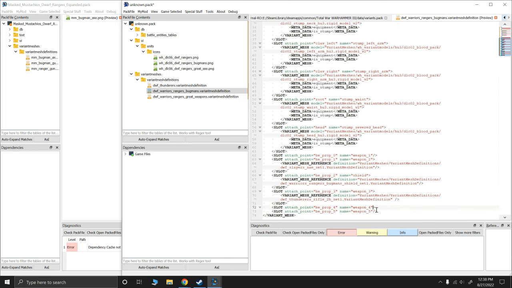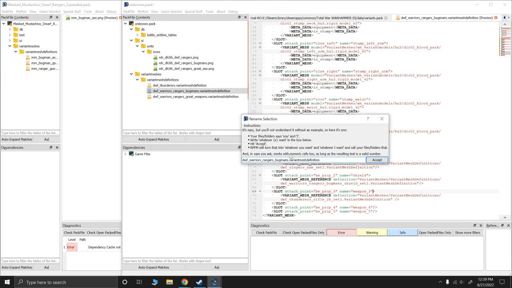And I have to make sure that I put a / right here. Now /s are for unused props. Used props do not have it there. Something to be aware of. Again, that took me a while to figure out, so generally what I did is I just chose a unit that's already in the game that had the same basic setup, like using a two-handed weapon or what have you. Okay, so this is now my Bugman Ranger gun, and I can right-click and rename,